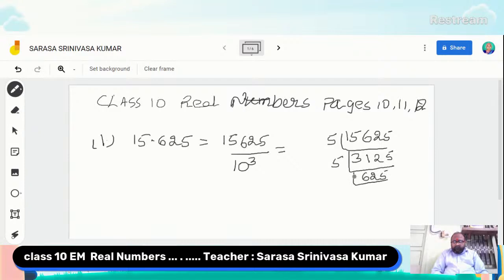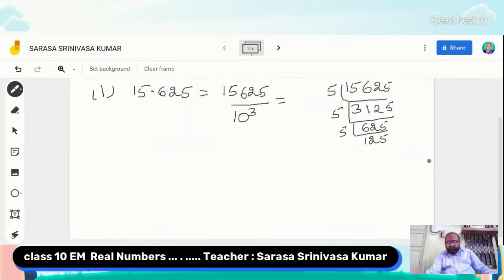Again it can be divided by 5, we get 125. When divided by 5, we get 25. Again, 5 fives. Finally, we got this is equal to 5 power 6